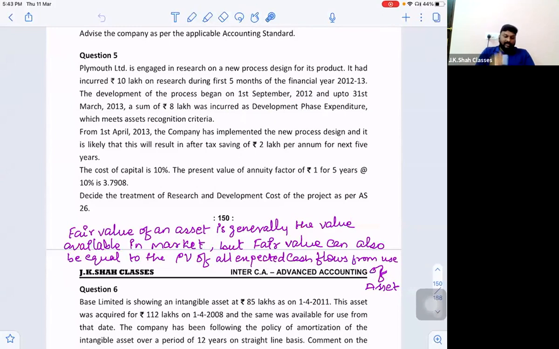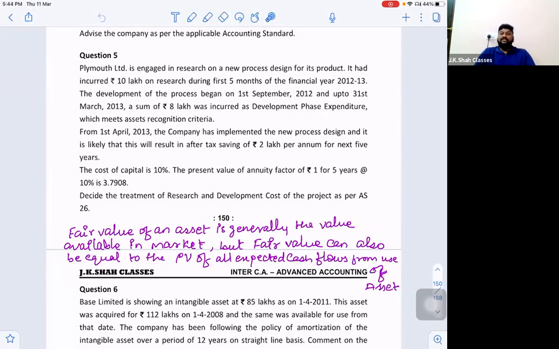Correct? Further, from 1st April 2013, that is on 31st March 2013, the asset met the recognition criteria. So technically, we can record the asset on 31st March 2013 in the balance sheet. But what they say is that from 1st April 2013, that is from next year, the company has implemented the new process design, and it is likely that this will result in after-tax saving of 2 lakh rupees per annum for the